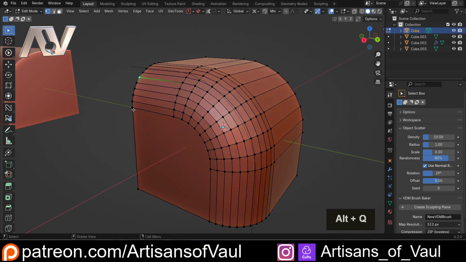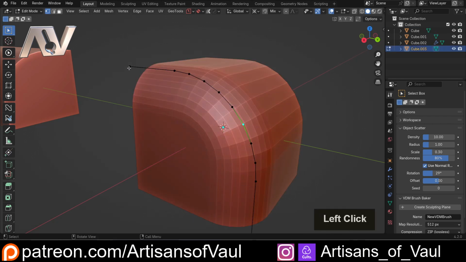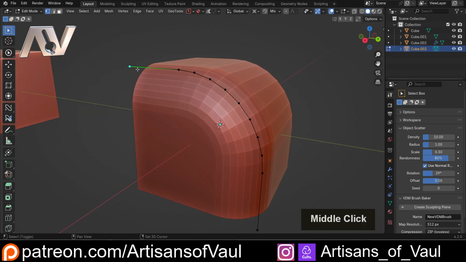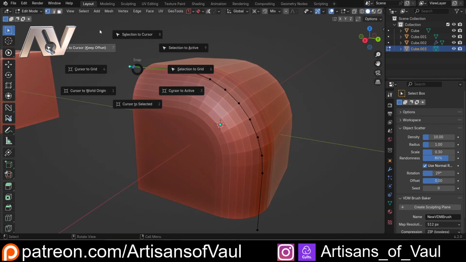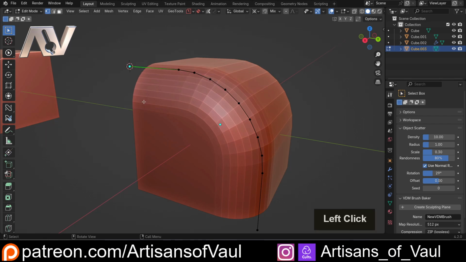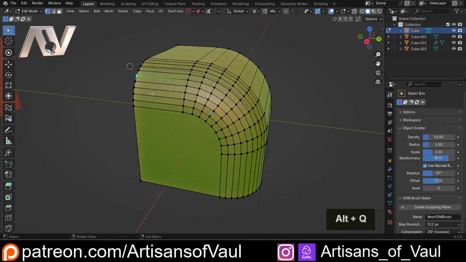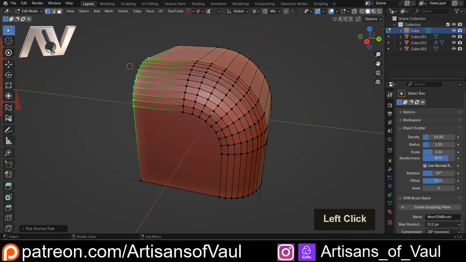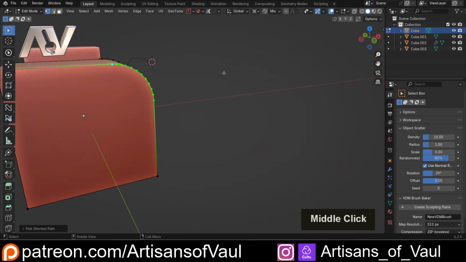So anyway, what I'm going to do is select this object, select that vertex, and I'm going to want my cursor on this point. So I'm going to Shift and S, and this is the menu that you'll get if you don't have machine tools. I've turned the machine tools menu off, and we're going to click cursor to selected. Then I'm going to Alt and Q to come here, click, Control click, and then I can just scale this